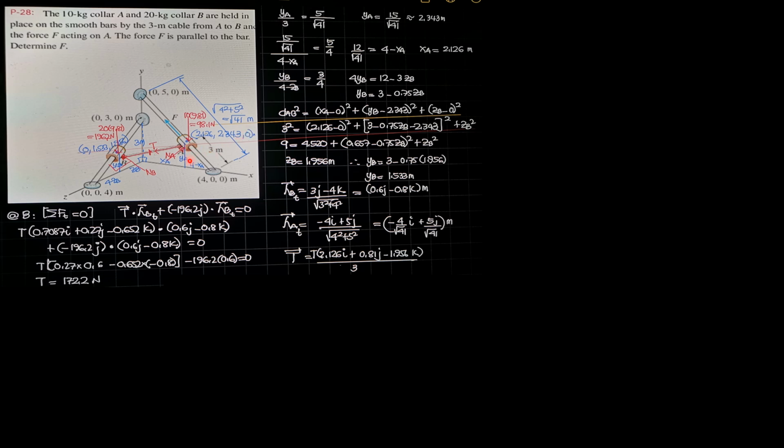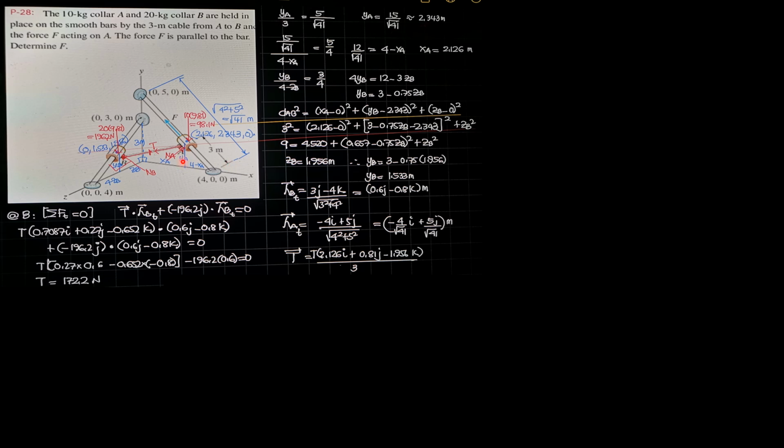So I denote this as YA, and because the total length from here to this support is 4 meters, if I call this XA, then this should be 4 meters minus XA. That is YA. So by similar triangles, this is YA as to hypotenuse 3, which equals 5 meters. This is 5 meters, and the hypotenuse is square root of 41. So solving for YA, it is 15 over square root of 41, or 2.343 meters.